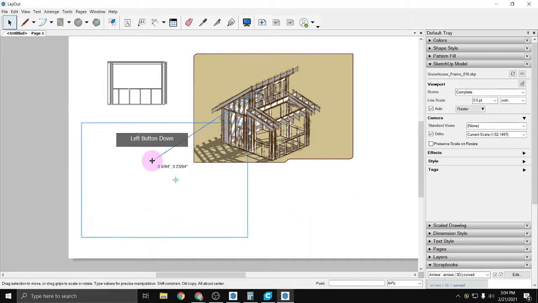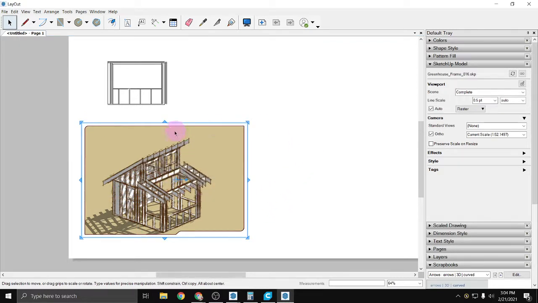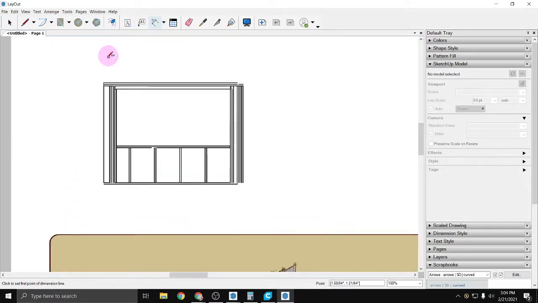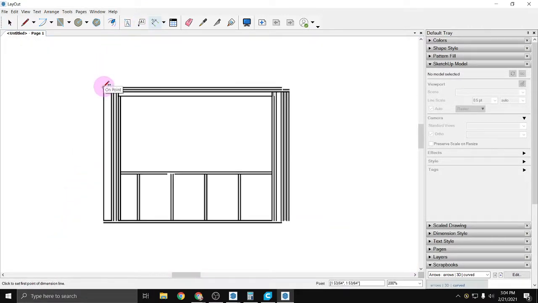And I can move it around. I could add in different pieces of text. I could add in title blocks. And so through here, I can add text. I can add different labels or leaders. I can add in dimensions as well. And I could do this in the regular model space or in